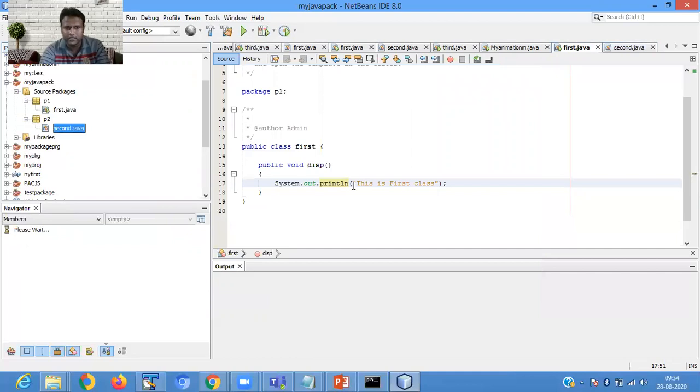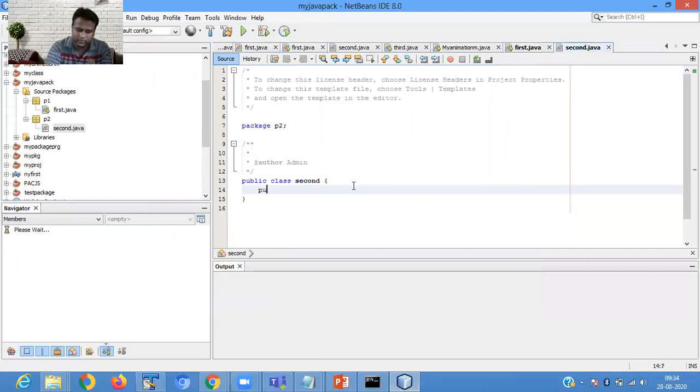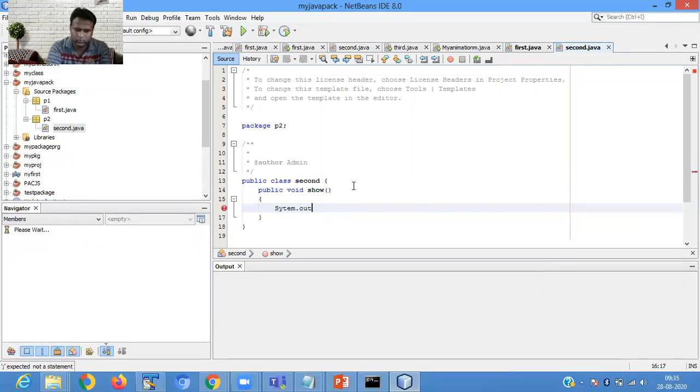In the second class, we have to define a show function. This is the second class.